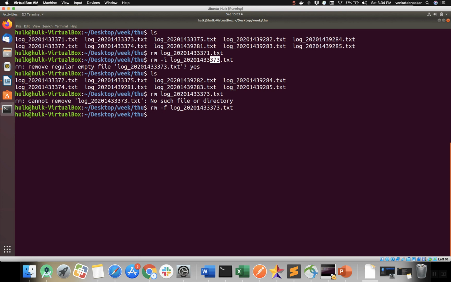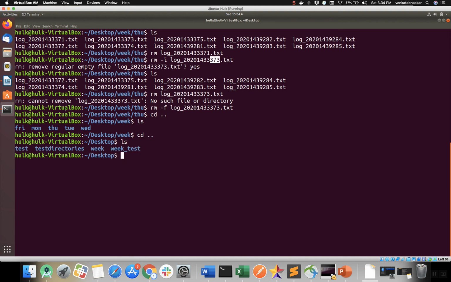Okay, there is one more verbose option, right? -v. What I will do, -v, right? I'm navigating to my parent directory, cd and cd. Okay, I want to delete this week folder, right? How can I delete? rm. This time I will use the sequence. Okay, -v. If in your directory any subdirectories exist, you need to use recursive, right? Then you can use r, then week folder.